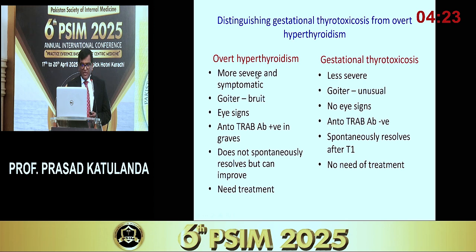You need to distinguish the overt hyperthyroidism in pregnancy from gestational thyrotoxicosis or hyperthyroxinemia of pregnancy, where the overt hyperthyroidism is more severe and symptomatic. There can be a goiter, particularly with Graves, bruit and eye signs, and the positive TRAb can be there, and it usually does not spontaneously resolve, but can improve in the second trimester and beyond,